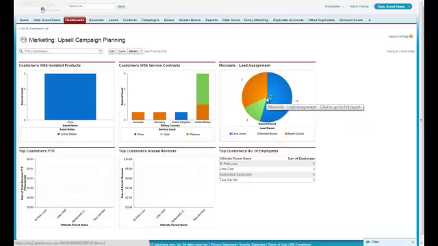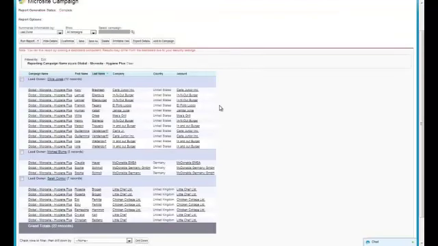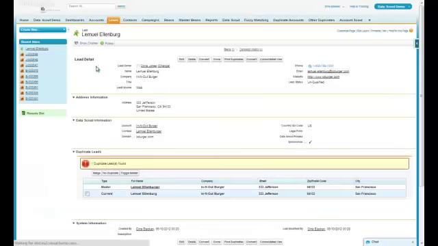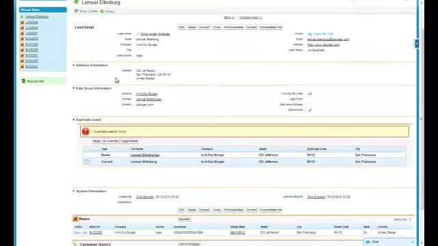So if we click into this list, you can see that all of our leads have been assigned by region due to standardization. Now, we've still got an issue with the duplicates here, so if we just click into one of our records, this is where the Cloud MDM solutions start to give you that functionality where you can manage your duplicates in